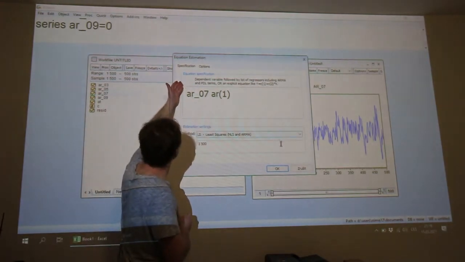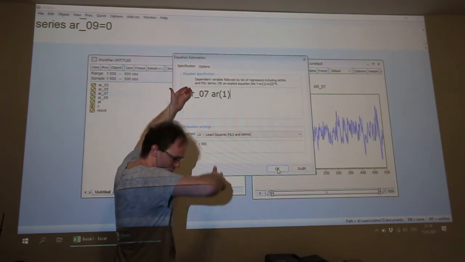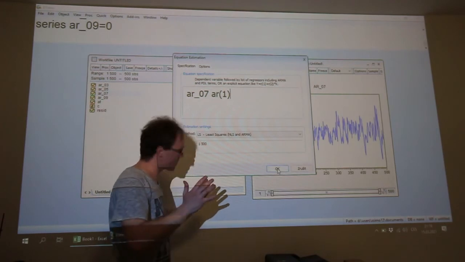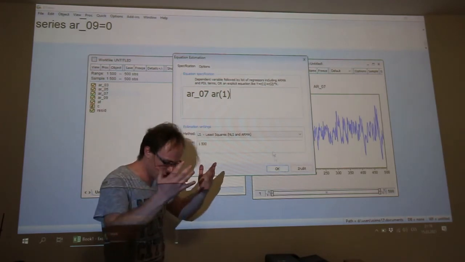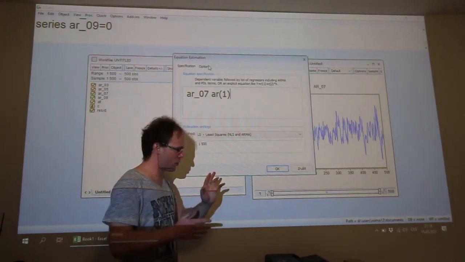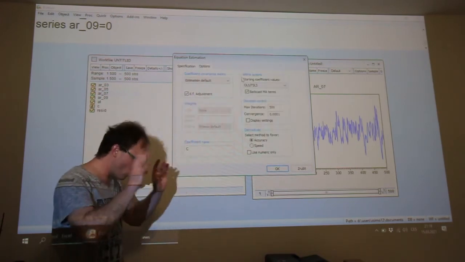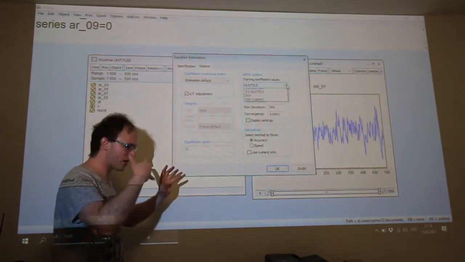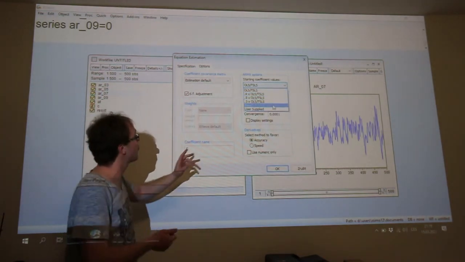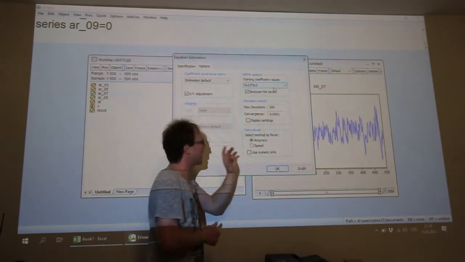So this is the equation specification of the autoregressive process of the first order, but many of you at home have a different version of eViews. I have version 8, you have version 11. You must click on the options button, and you have selected maximum likelihood method for estimation, calculation of parameters. So here, ARMA options, you have selected maximum likelihood.